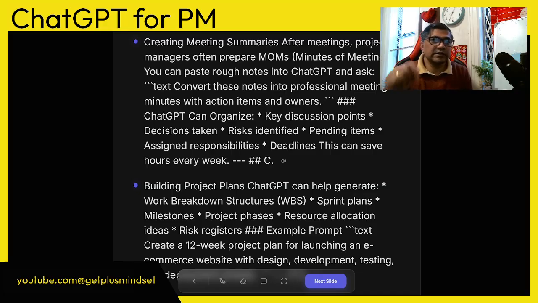In that case, the team member can take a short note, a few words of what he has discussed, and instead of using pen and pencil, just type those short notes into ChatGPT and say, give some context about this, like the senior project manager discussed the following points, make professional meeting minutes and action